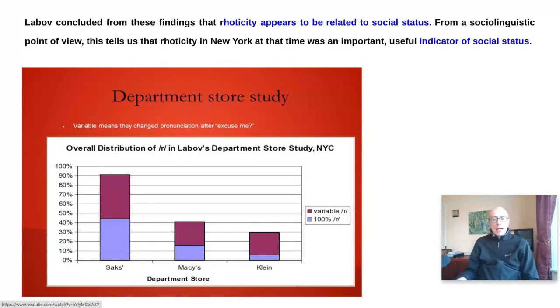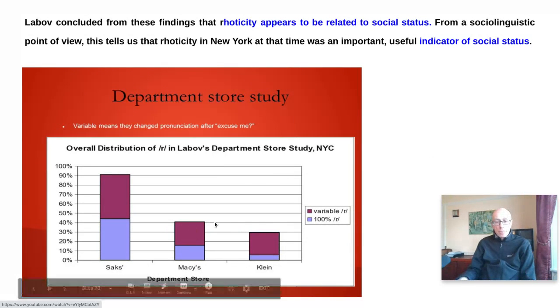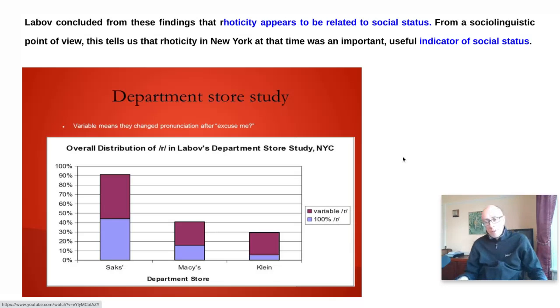So that shows a very clear delineation between them. And it also demonstrates the difference between people's casual and careful speech as well, because what it shows is that the middle classes, ever conscious to keep their social respectability, when they're asked to repeat the word, they do it in a more careful way, i.e. a more rhotic way, you see on the Macy's there. And similarly with Klein as well. So there is a difference, Labov finds, between people's careful and casual pronunciation of those words.